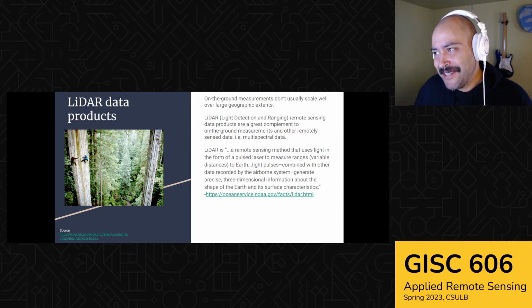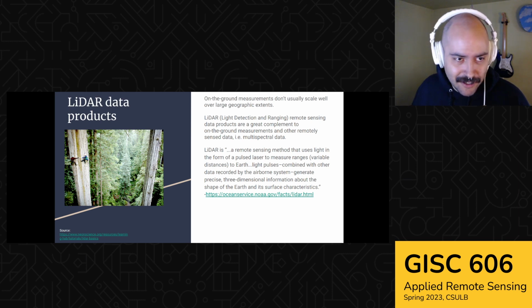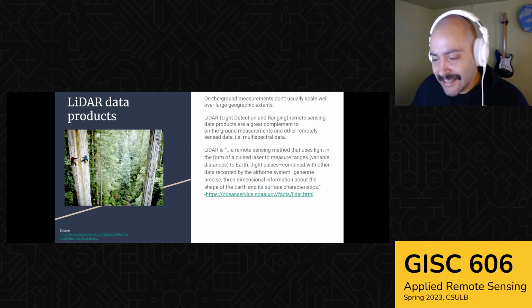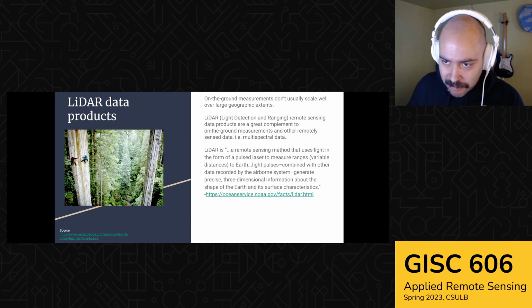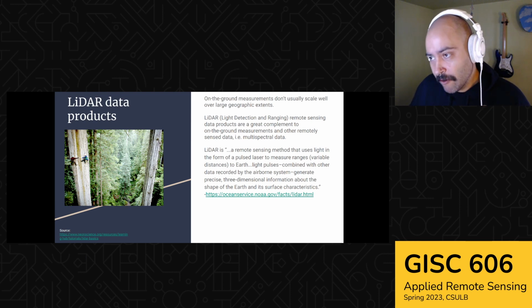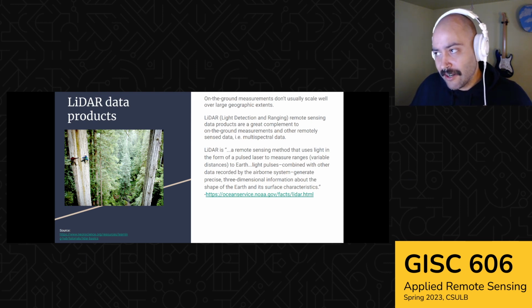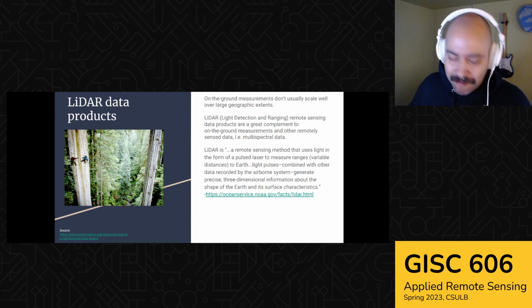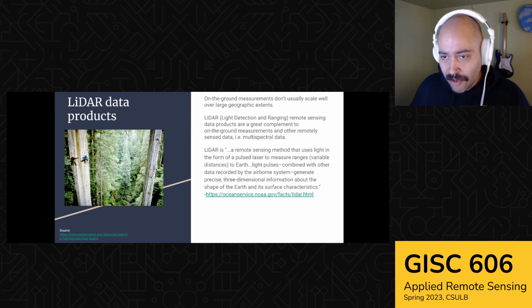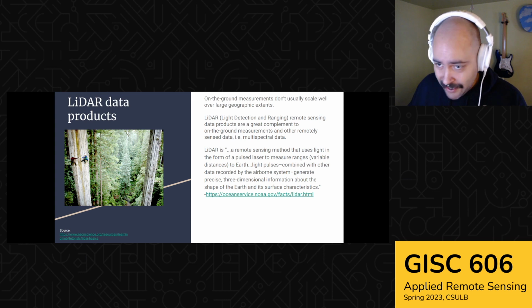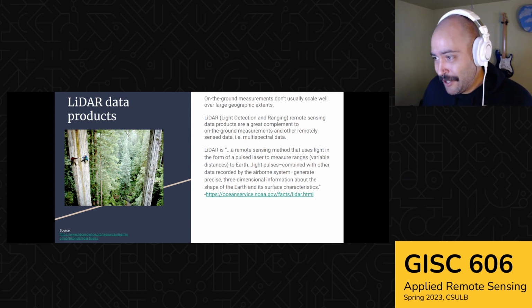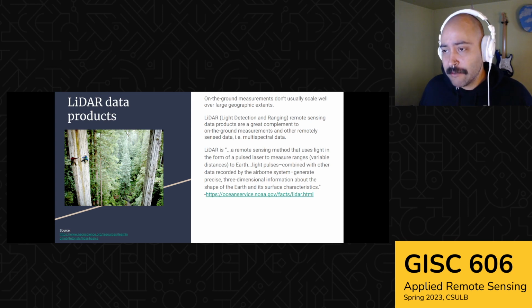So using some sort of remote sensing technology to get information about tree biomass would be super powerful. This is where something like LiDAR comes into play, because it's a perfect complement to both on-the-ground measurements with rulers and measuring tape, and more traditional remote sensing spectral imagery